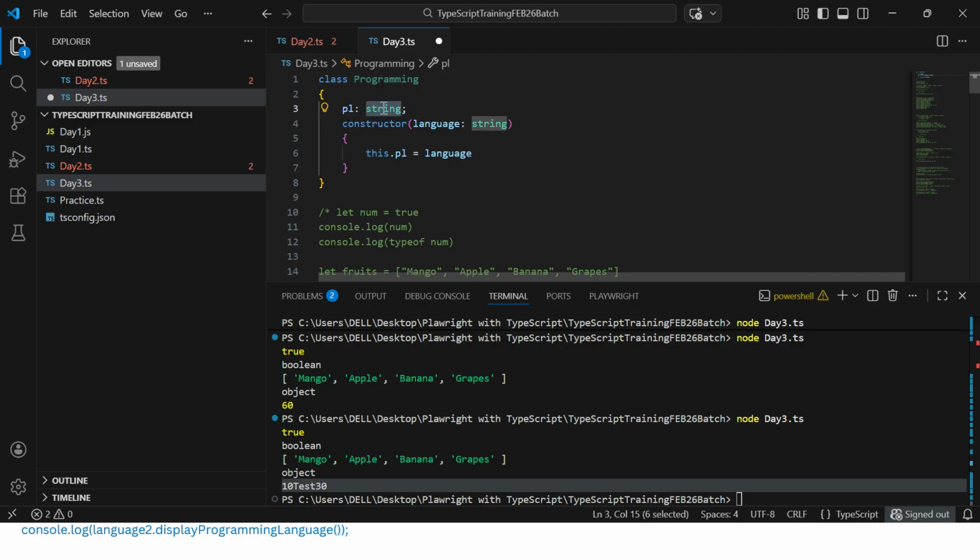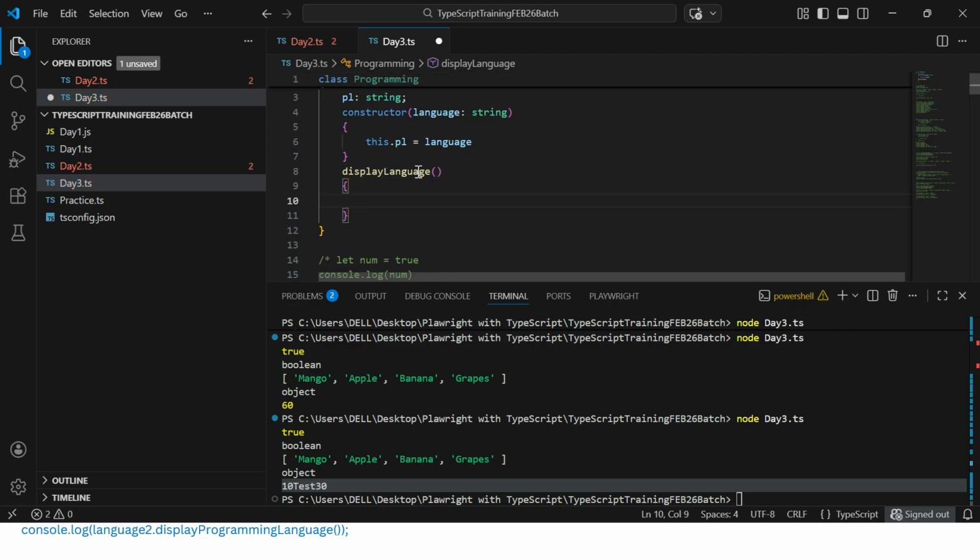You need to use the this keyword because with the help of the this keyword, we are trying to access the current object or variable from the class, right? And that is the way of mapping it. Now what we'll do, we can create one more method here to display the variable, called display language. Okay, and here just simple syntax. It will be returning,